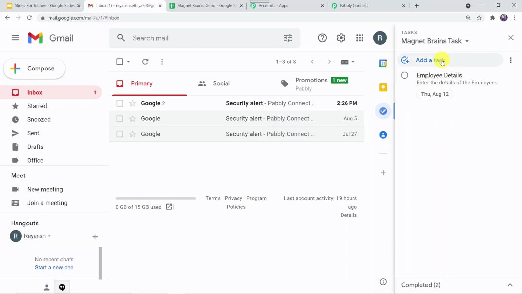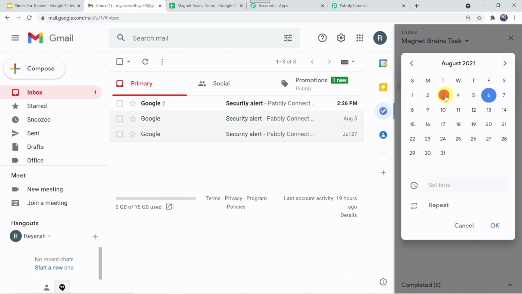So let us create another task. This time I am giving the task name as subscriber details, and I'm giving the details as "Enter the details of the subscribers".